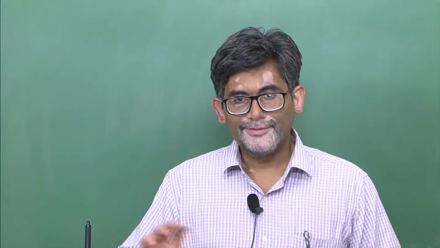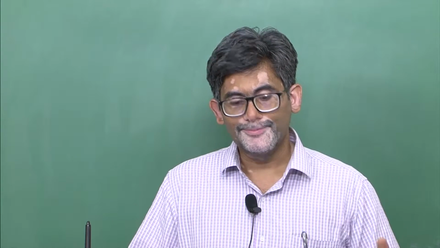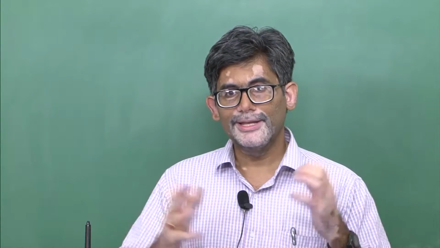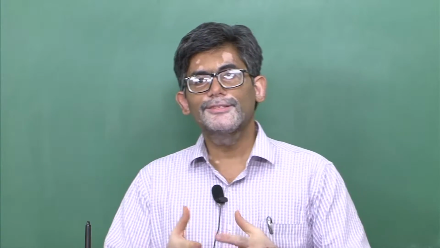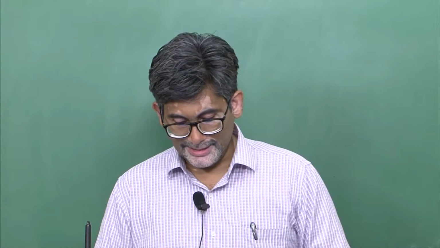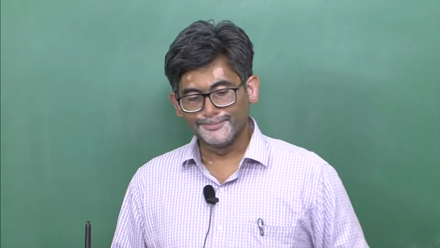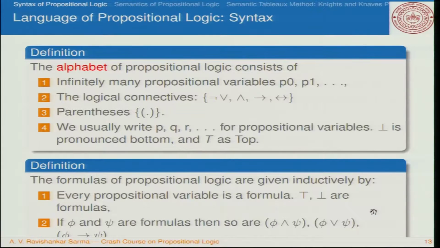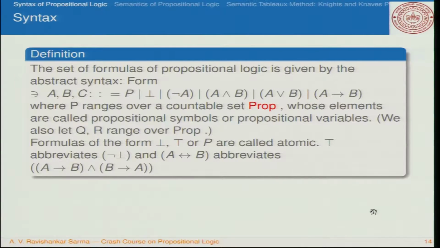formulas. And if there are two well formed formulas phi and psi, then anything which you combine in this way, only in this way will become a well formed formula, otherwise it is not considered to be a well formed formula. For example, if phi and psi are well formed formulas, obviously conjunction and disjunction are also considered to be well formed. This is a routine kind of thing that we will be noticing in this case. So the language of propositional logic is like this.